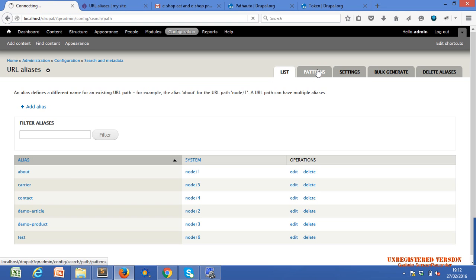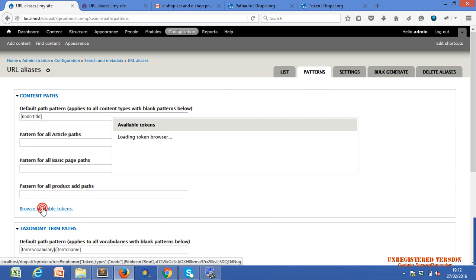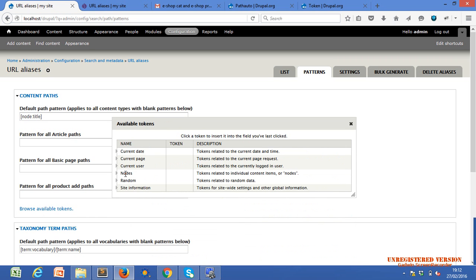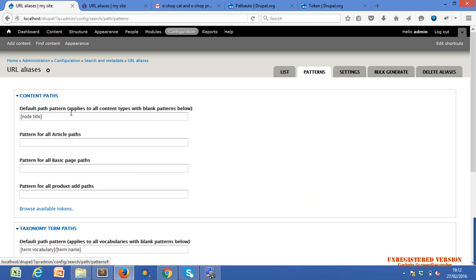Patterns. Okay, there is an option. Just drop these options, and there is a node ID. Just copy this, close it, and paste here.